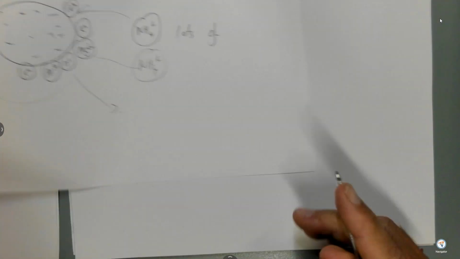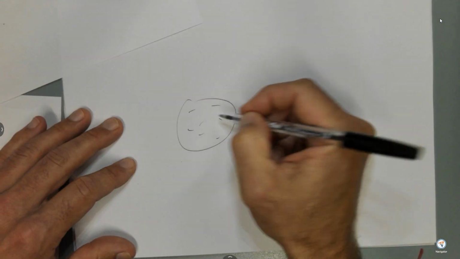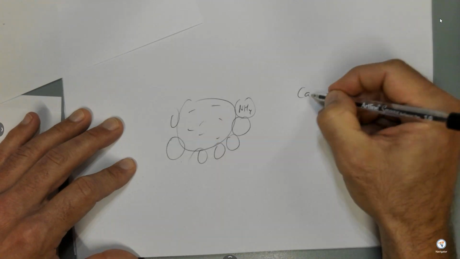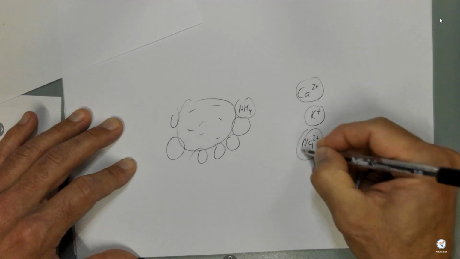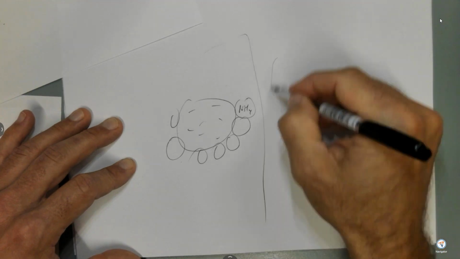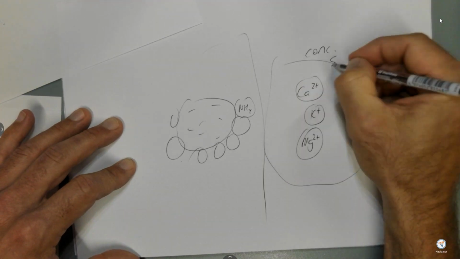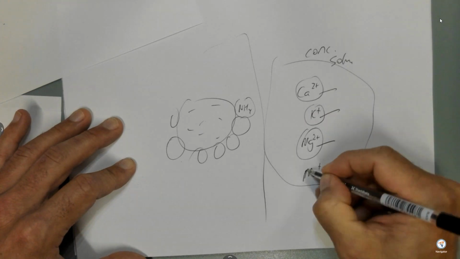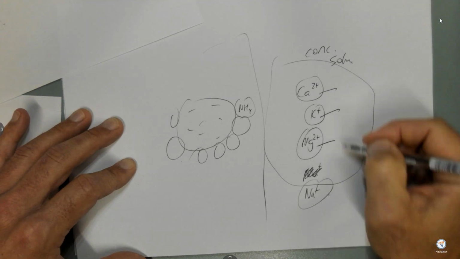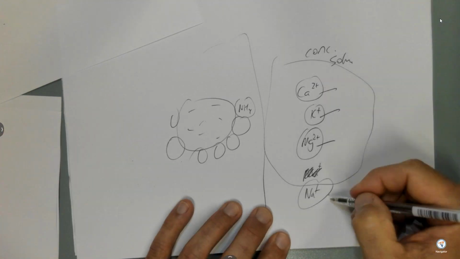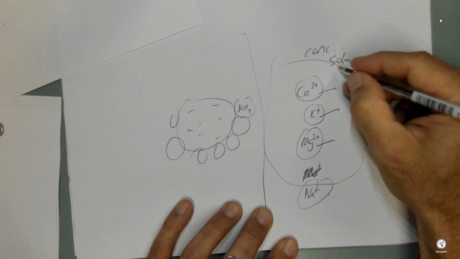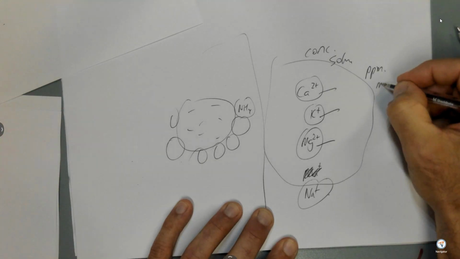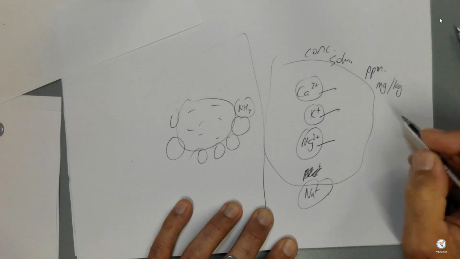After that magic's happened, you'll have a clay with ammoniums stuck around it, and out in solution you'll have all those native cations. We just filter out that soil and then measure the concentration in solution of calcium, potassium, magnesium, sodium, right? That's what we actually measure. So we add these things up. This will ultimately get measured in parts per million, which is the same thing as milligrams per kilogram. And so we can convert that